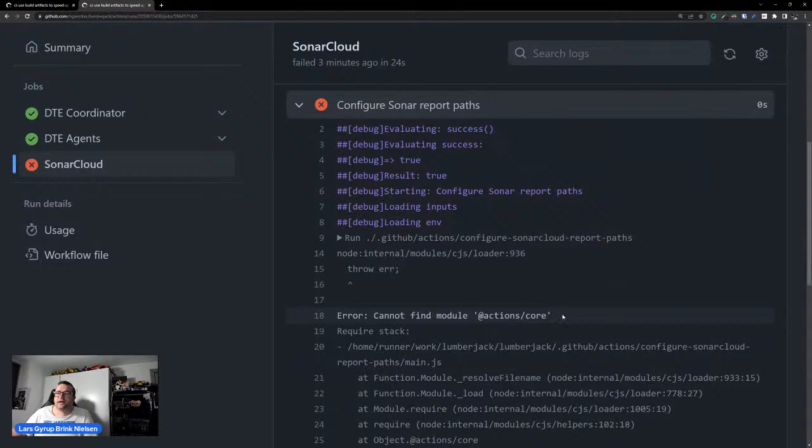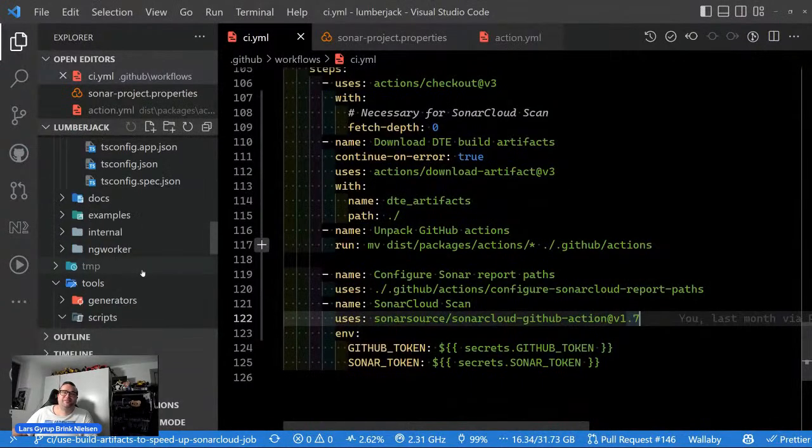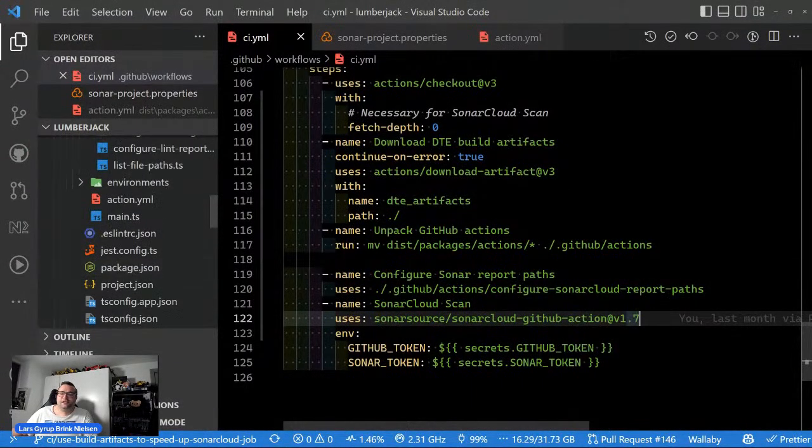Cannot find the module actions core. Well, that should be bundled. So what happened there? Man. Okay, well,